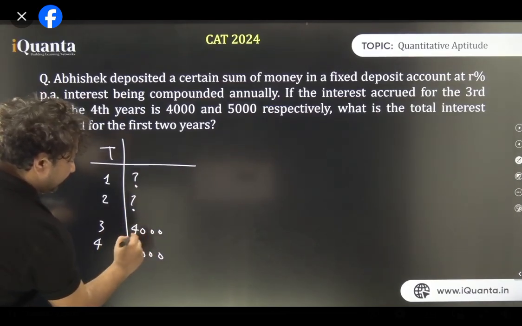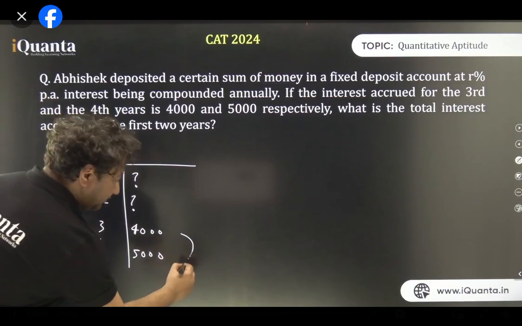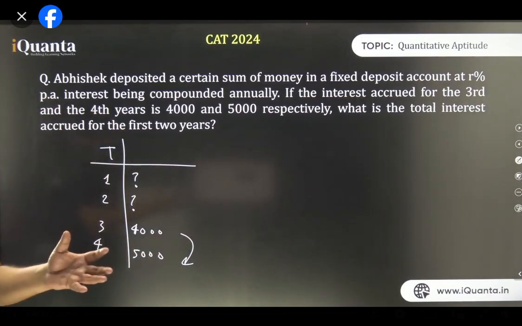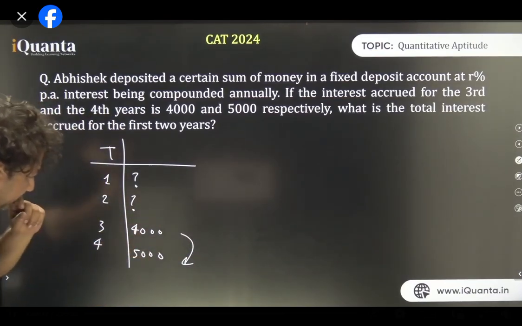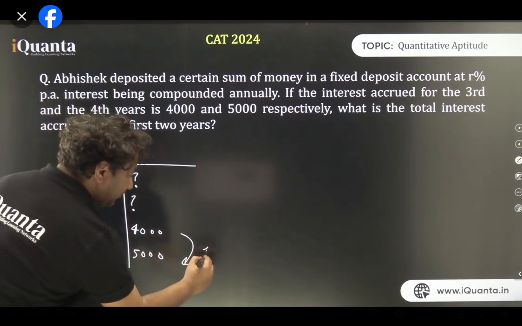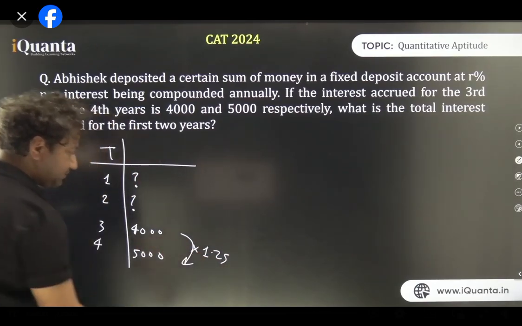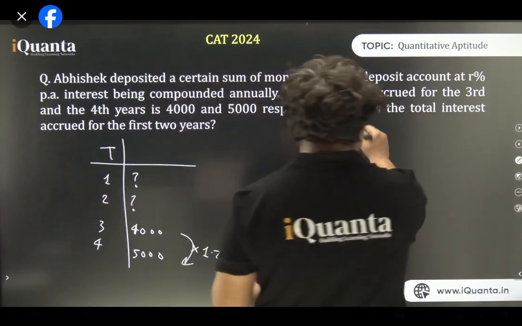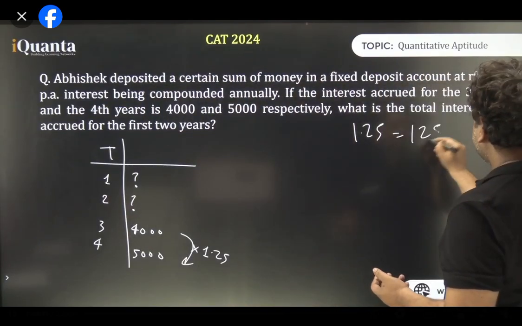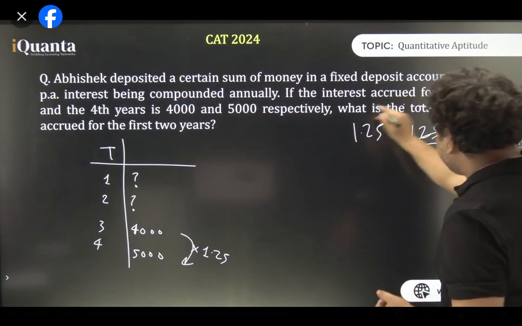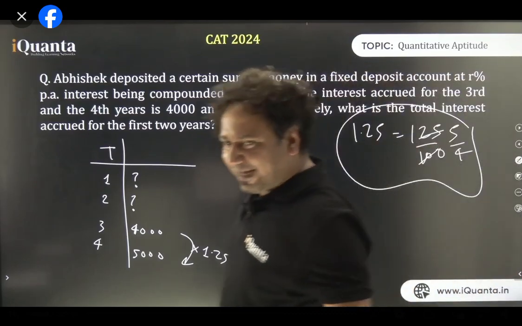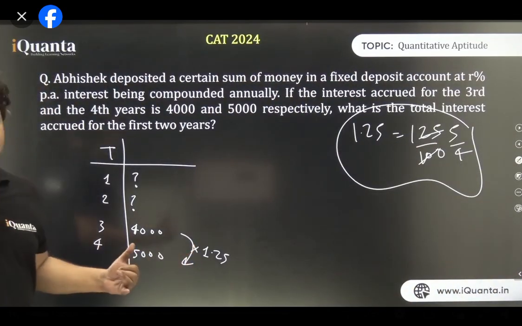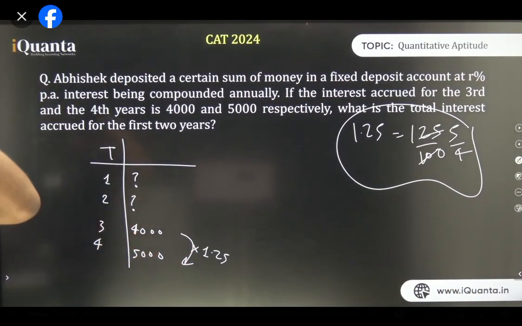By the way, till now we have realized one thing. Remember, there is a multiplication. In the previous cases, I told you 1.1, etc. What is it here? How much is it? Is it 1.25? Yes or no? 1.25. Does everyone understand what 1.25 is? It is 5 by 4. I just made it 5 by 4 so that it is easy for you to calculate. If you multiply by 1.25, dividing will be difficult, but 5 by 4 will be easy.